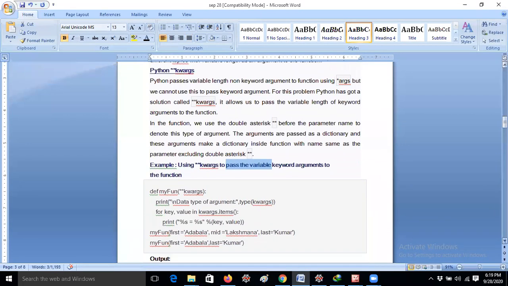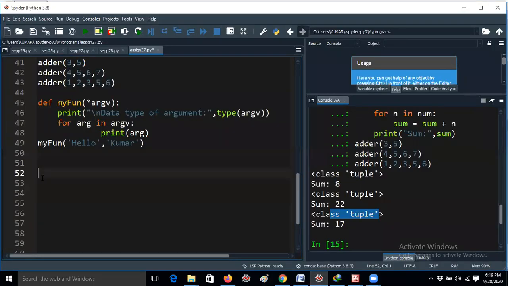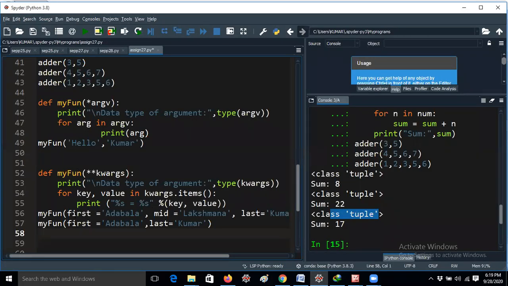Anyway, I will explain the program. In the last class I gave name equal to John, age equal to, like that. Whenever you have a parameter like name equal to, these are keyword arguments. Keyword arguments mean you give a value to a particular variable. Why is adder 3,5 called non-keyword arguments? Here I did not mention any key-value pairs. I am not giving a equal to 4 or a equal to 5. Only the values 3, 5 are there. That's why those are called non-keyword arguments, and these are called keyword arguments. Let me explain this program, guys. You will understand.